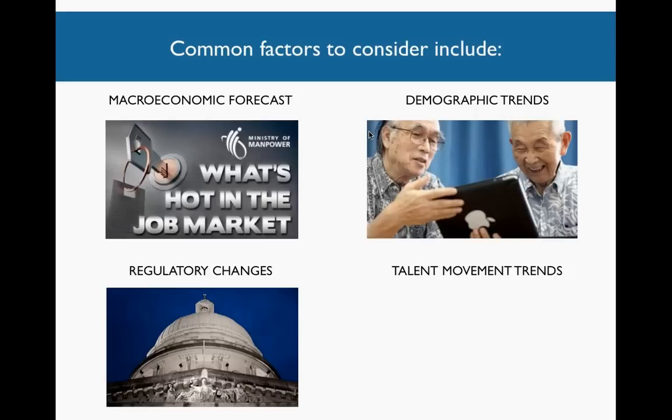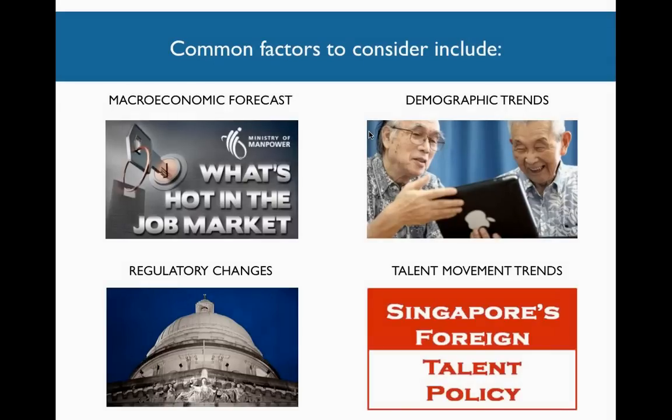Another thing you need to consider could be regulatory changes. Keep abreast of the latest changes introduced by the government, which will have an impact on your planning. Like a recent client of ours who is a for-profit education institution: the sector that regulates their courses and programs and provides funding support introduced a mandatory certification that all their educators must complete, a certain training and certification in the next few years, in order to retain the benefits and certification as a program partner for that particular industry.